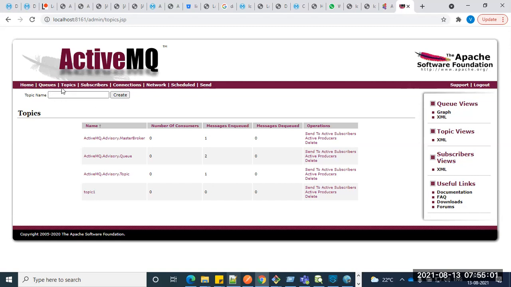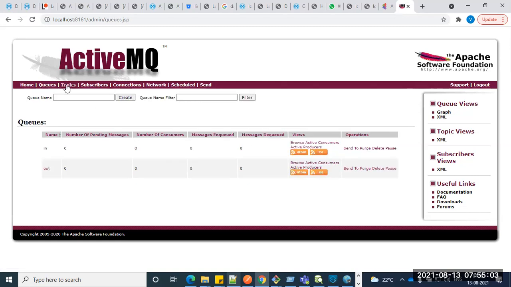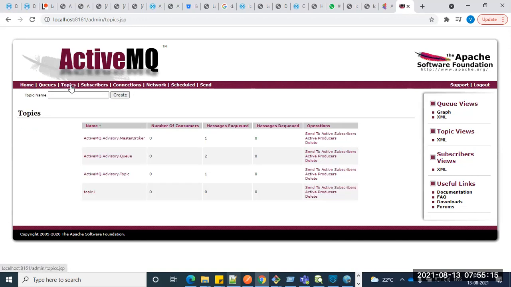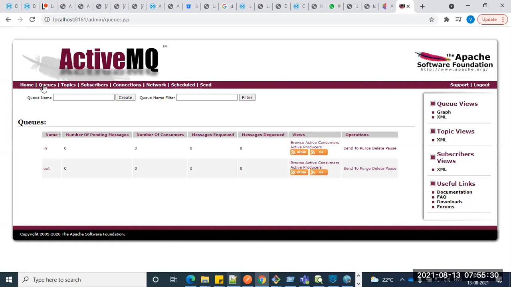So here is the queue and topic. What is the difference actually? At a high level, the difference between queue and topic: queue is for a single consumer, right? One consumer at a time. Whereas in the topic case, there are multiple consumers, a bulk of consumers. For example, a YouTube video, right? When somebody posts a YouTube video, anybody can watch it, one to many kind of thing, right? But whereas in a queue, it's one to one, right?